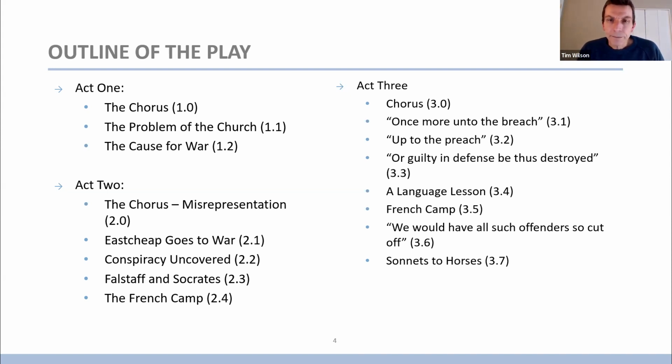In Act 3, Scene 3, we have another memorable speech, Harry's ultimatum to the governor of Harfleur, this city that's under siege by the English forces. He threatens that if the governor doesn't surrender immediately, his troops will show no mercy. And he goes into a lot of detail about the bloody acts of rape and skewering infants on spikes, etc. These types of horrible images will occur if he doesn't surrender.